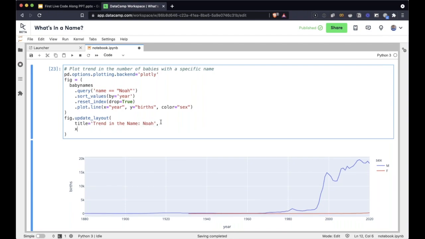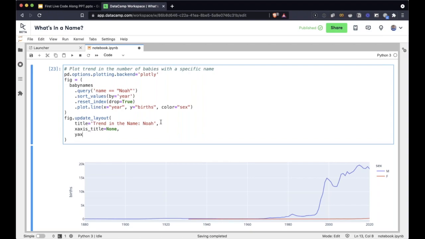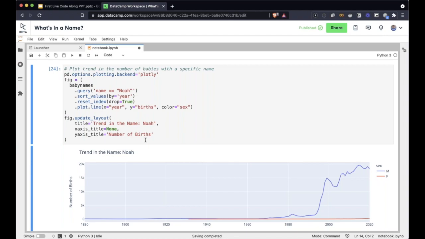And for the x-axis title, we don't need to say that it's year, it's understood, so let's take out that information. For the y-axis title, let's just make it number of births. We can do more, but I'm going to just leave it at this.